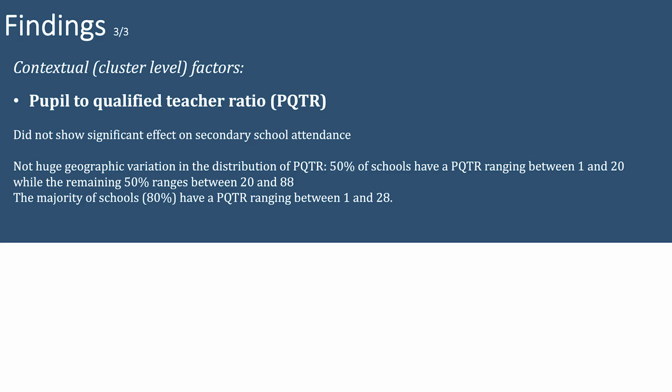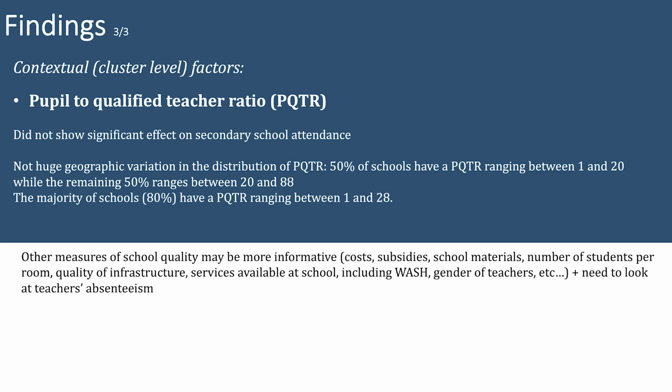When we go into the PQTR and we look into whether that played any significant effect on secondary school attendance, very similar to what I said about travel time, there was no significant effect of the PQTR on explaining access to and attendance to secondary school. And again, there was no huge geographic variation in the distribution in Tanzania, as well as this was a test really to test the PQTR as a measure of quality, but most likely we could test a lot more variables which can tell us a little bit more about quality of schools,